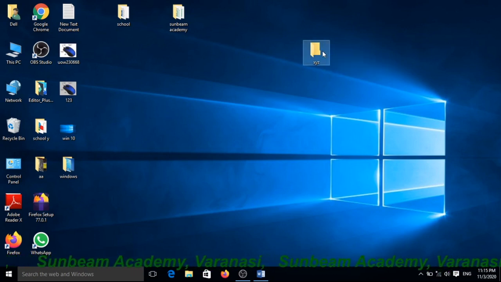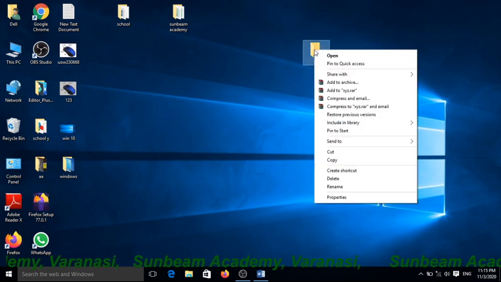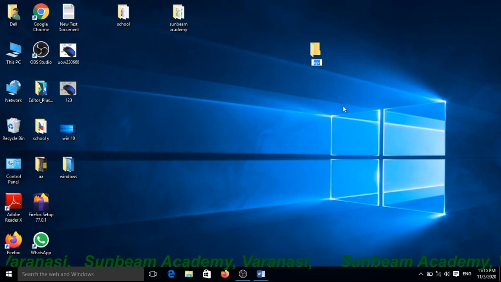How can you rename this folder? Very simple. First, select the folder which you want to rename. Select and then right click the mouse button and choose the rename option. Now you can change the folder name.